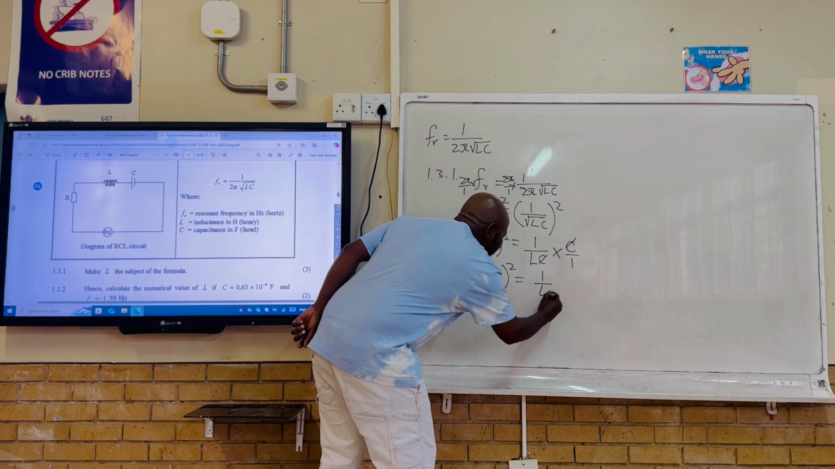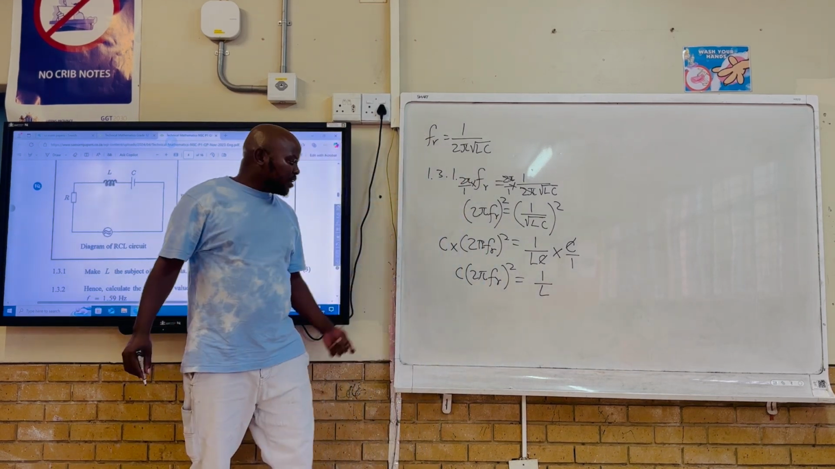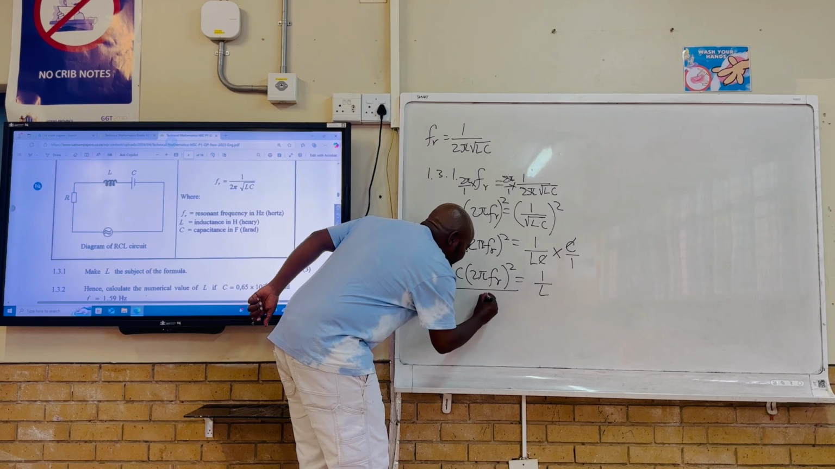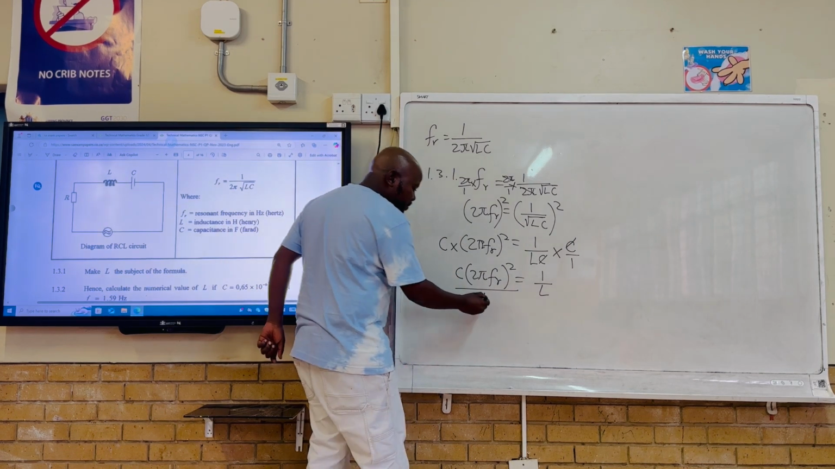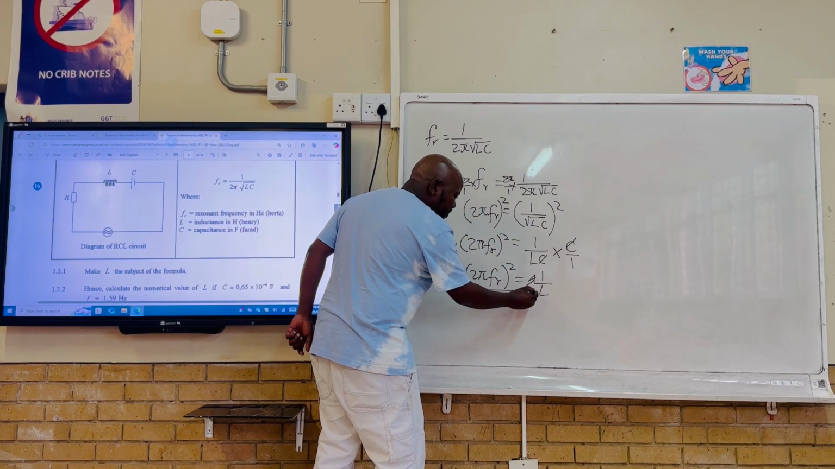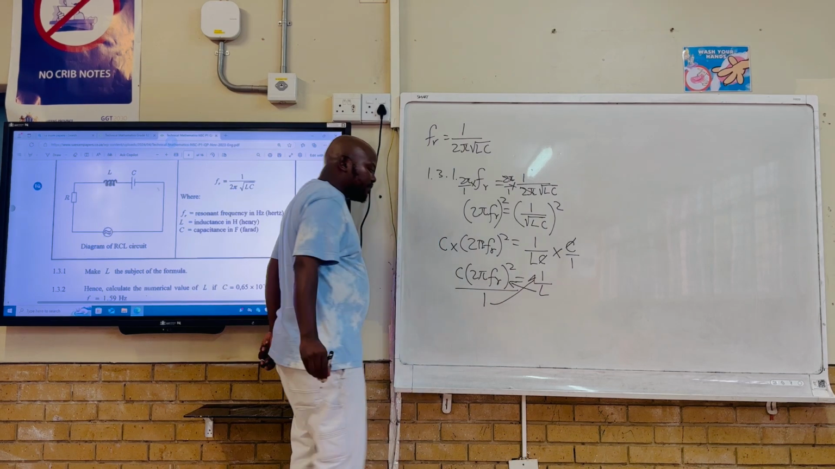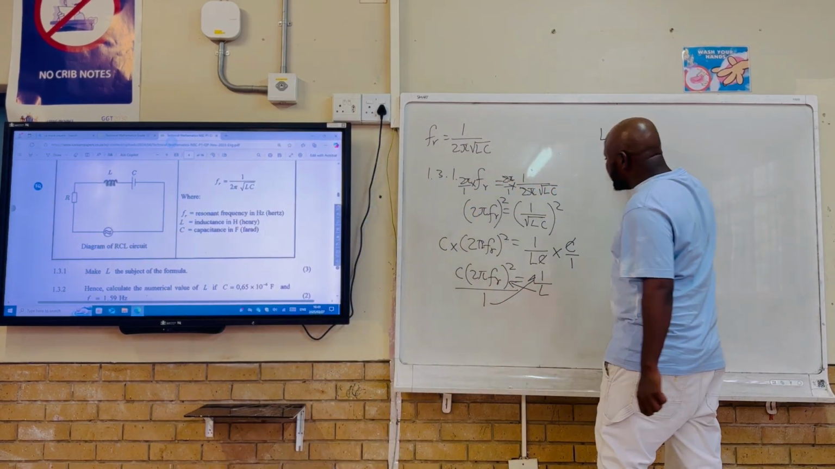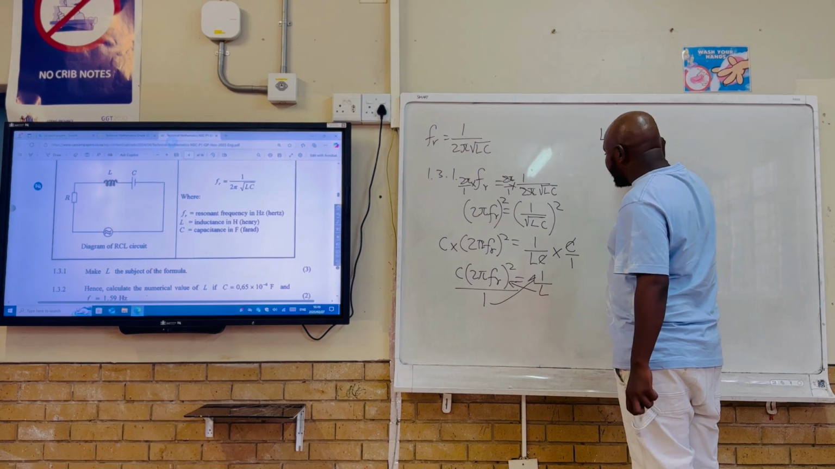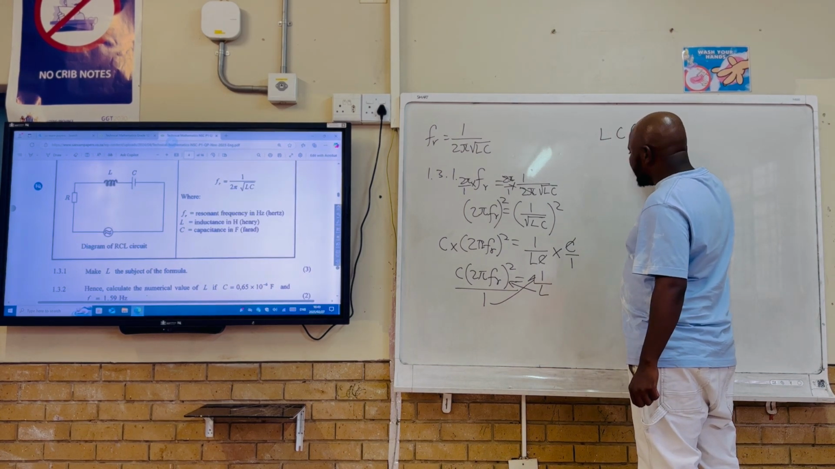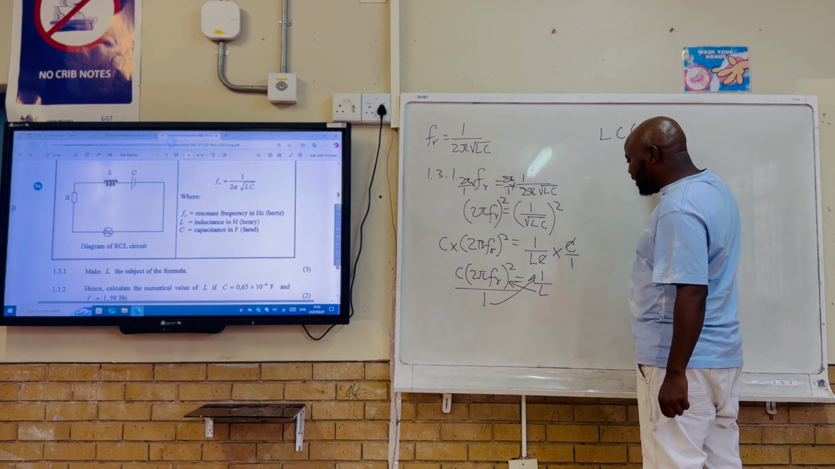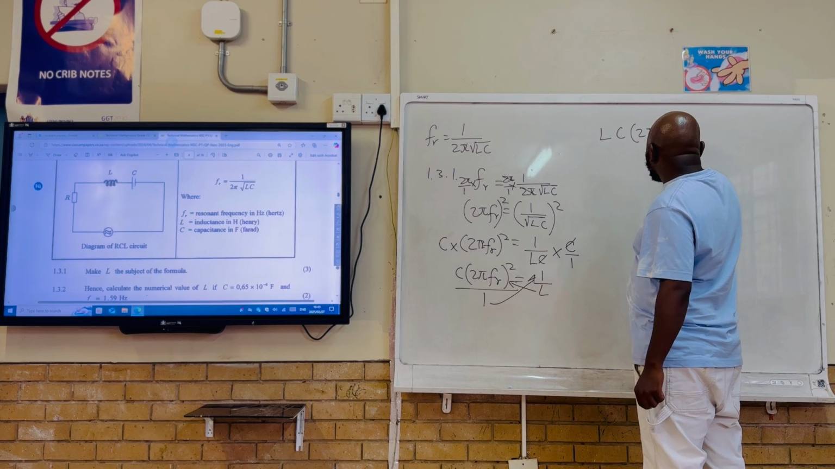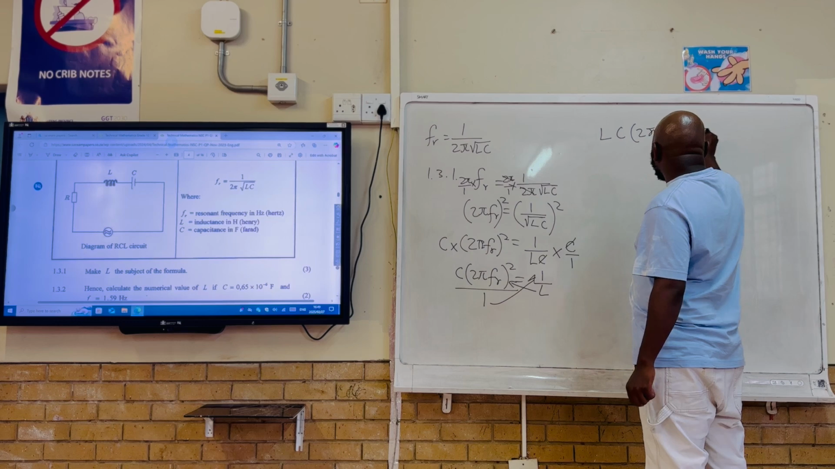1 divided by n. Are we together? What are we going to do now? We are just going to cross multiply: this one multiplied by that one, this one multiplied by that one. We are going to have n multiplied by capacitance, multiplied by 2 pi multiplied by frequency all squared, is equal to